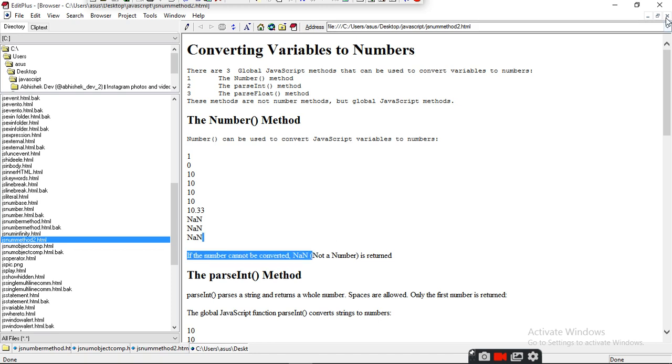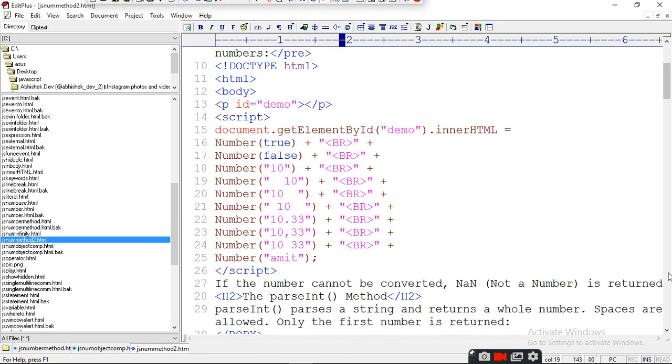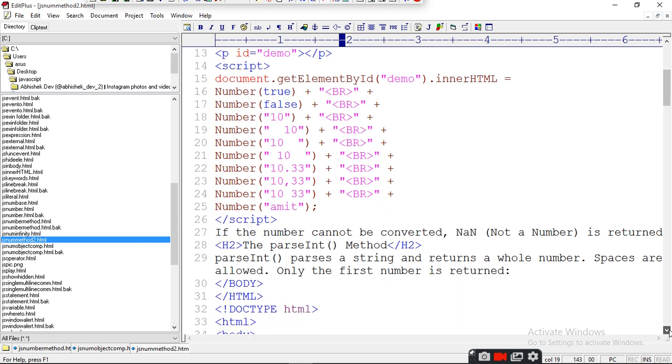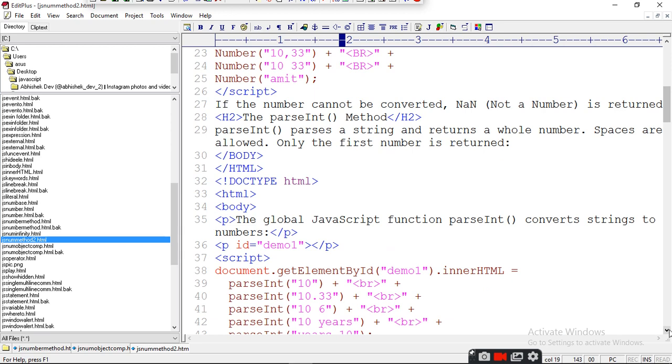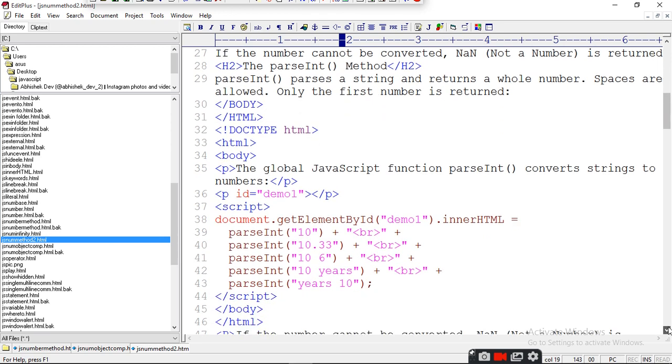The parseInt means a string you are converting into int form, and int is a number which ranges from -32768 to 32767.